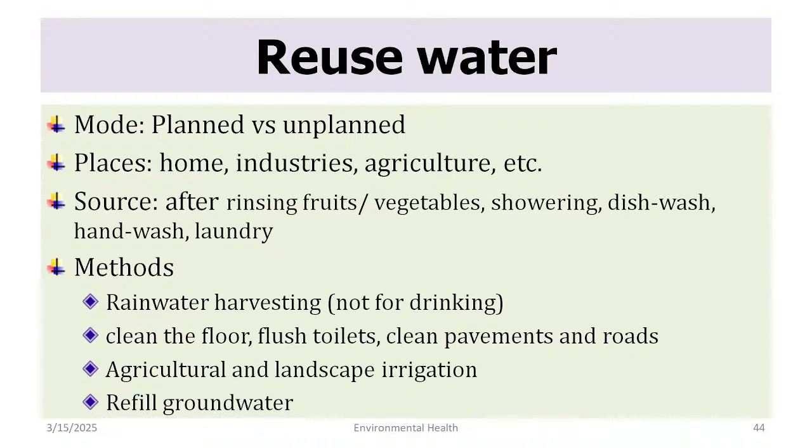It will have impurities, both biological and non-biological, which will come up once it gets collected on tops of buildings. It becomes more contaminated. So that has to be harvested in a technical manner, in a scientific manner. Other kinds of water can be used for reuse for agriculture, irrigation, or simply refill